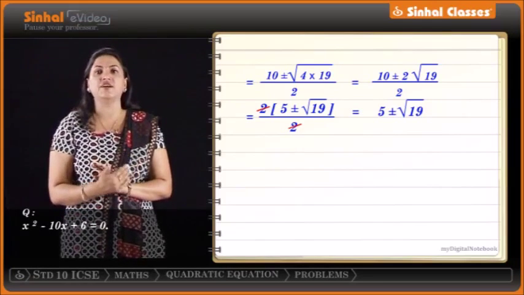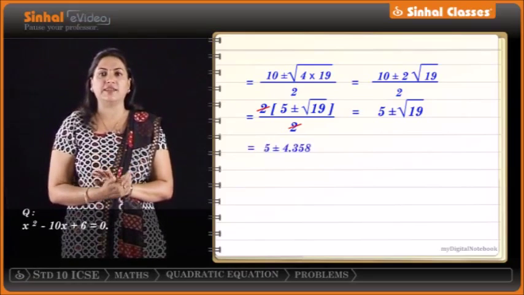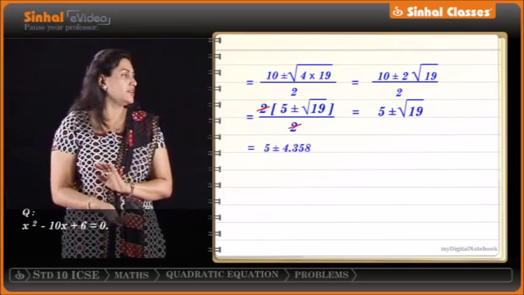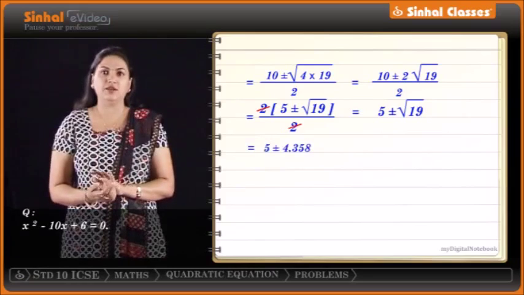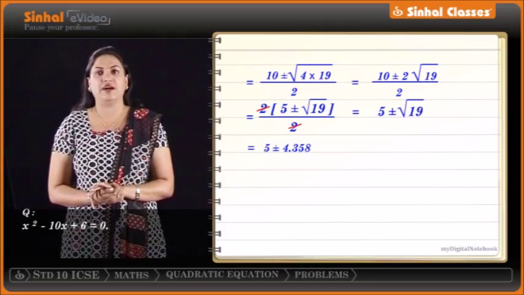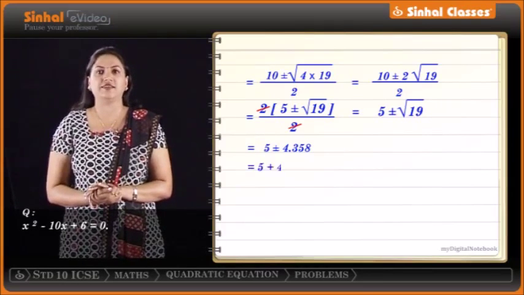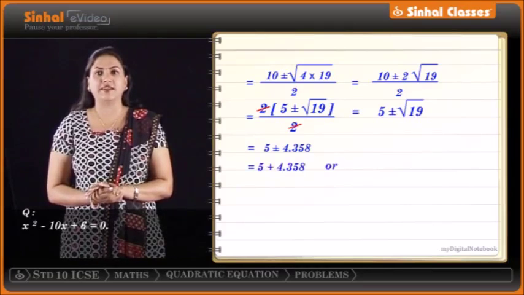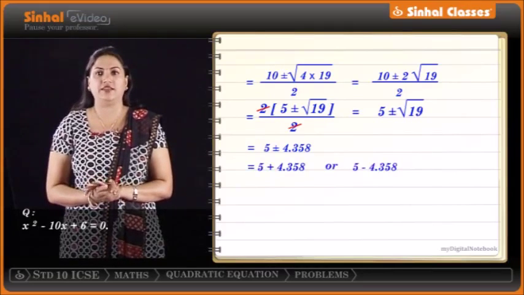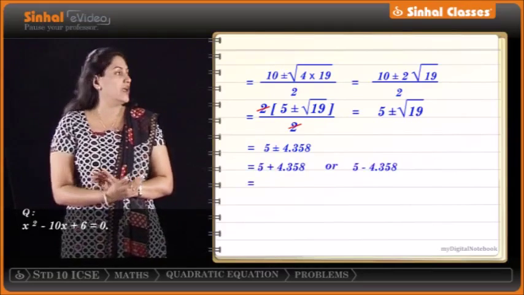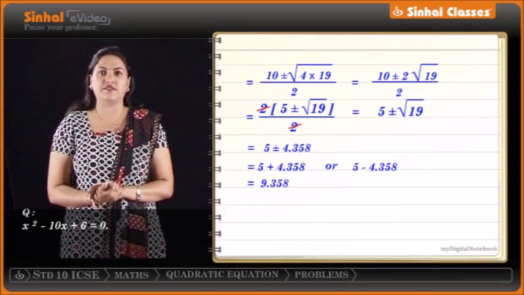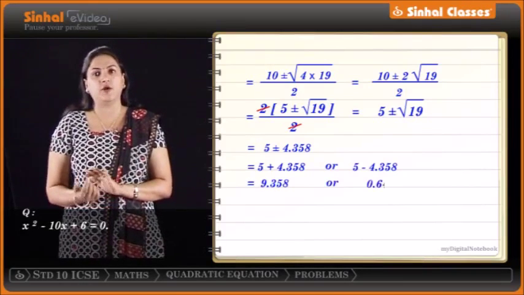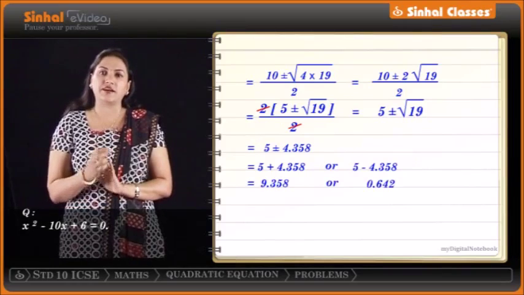So we have 5 plus or minus 4.358 equal to 5 plus 4.358 or 5 minus 4.358, which is equal to 9.358 or 0.642. Now we round off